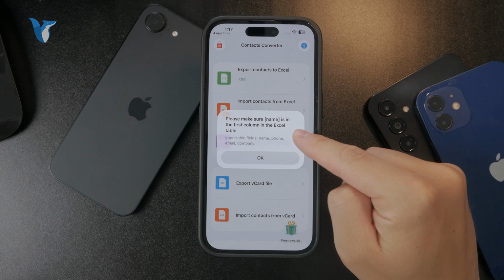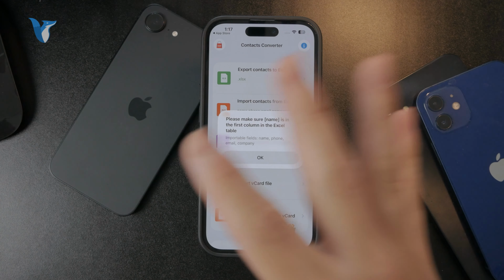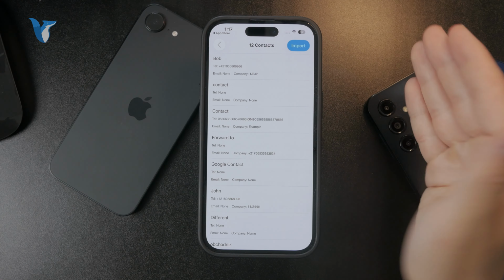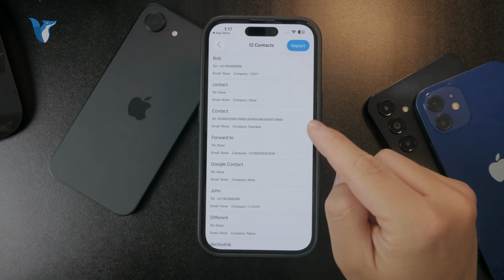It's going to give you the pop-up that you should make sure that it's set up properly, but it should be that the first column is the name of the person, right? So you can click on OK, choose the files. As you can see in the Chrome folder, we have the file which contains all of the people, right? Everything is right there. These are obviously just sample contacts, so none of that really exists, but you can